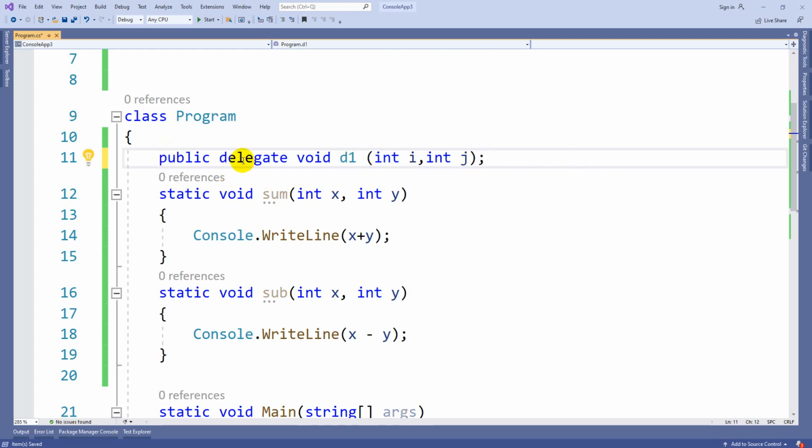So public delegate, whatever return type you want to target, these two methods will have the same return type, void, and you can take some name, and the parameter types should be the same. Forget about x, y or i, j, these types should be the same.